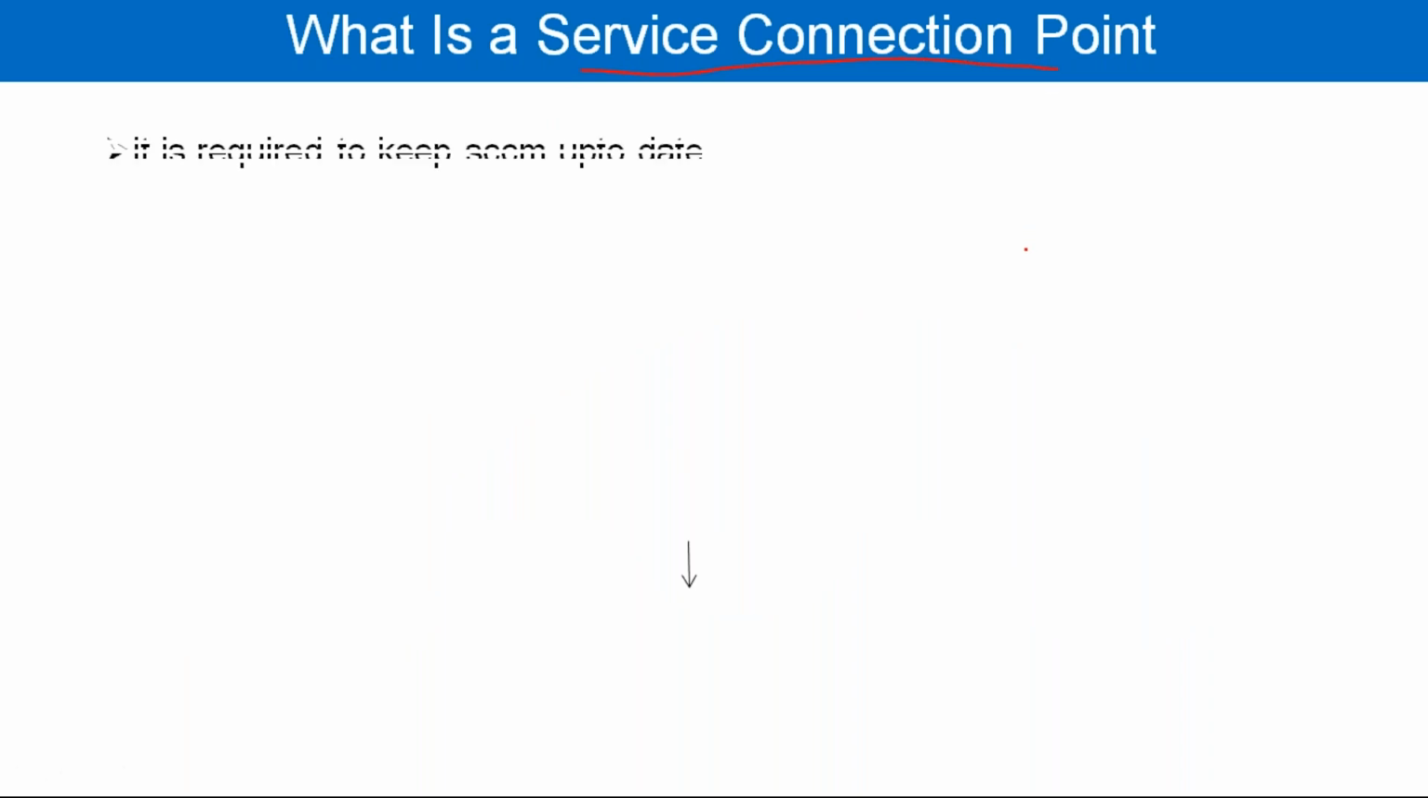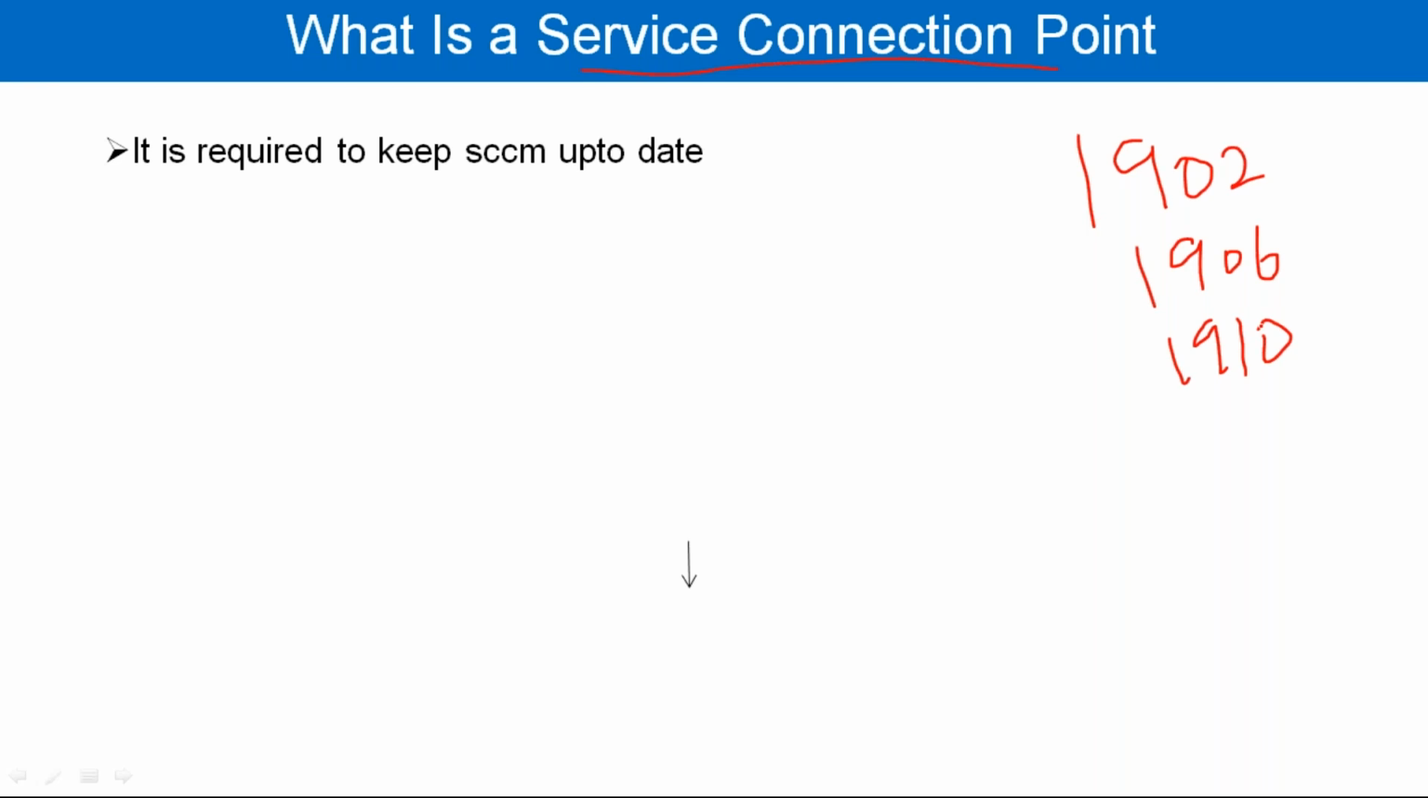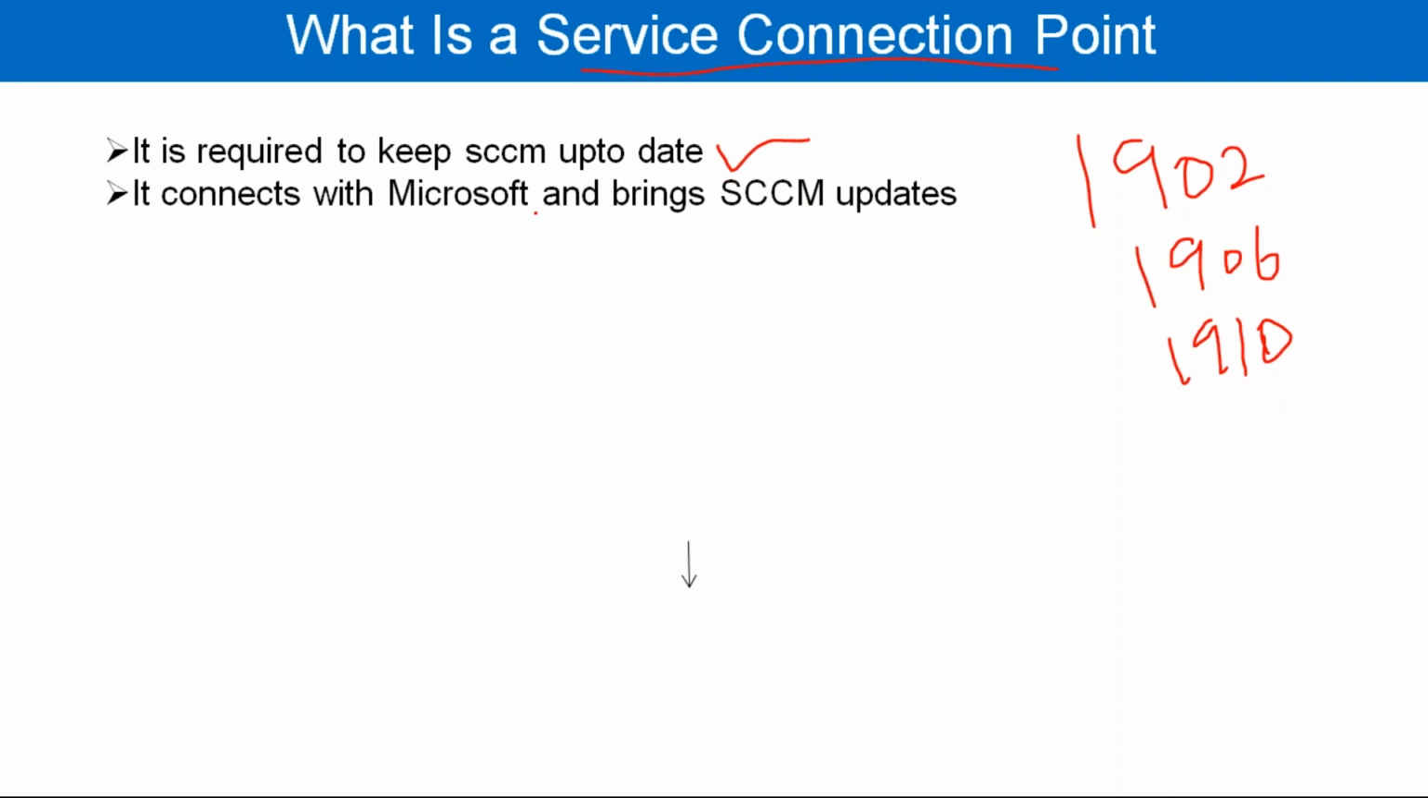Service connection point is to keep SCCM up to date. So tomorrow, if you would like to upgrade to 1902, SCCM 1906 or 1910, the latest version of SCCM is coming up, and if you would like to update it to the latest one, you need this role, service connection point. So it helps you to keep your SCCM up to date. The second thing is